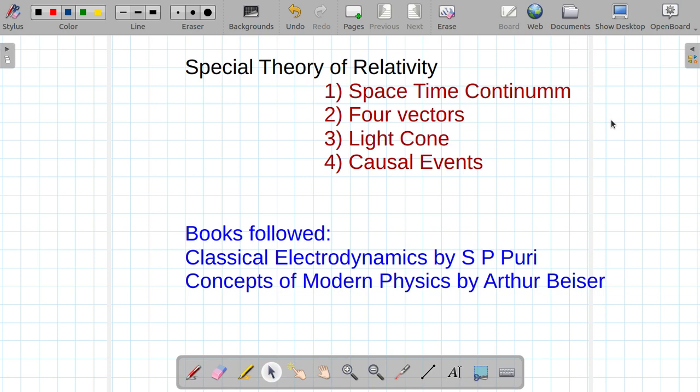One is the Classical Electrodynamics by S.P. Puri, and another is the very classical book, the title of the book is The Concept of Modern Physics by Arthur Beiser. So,